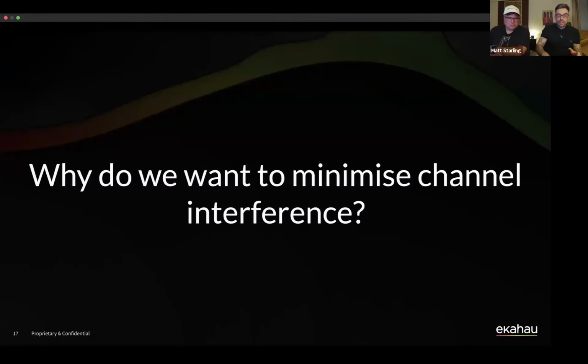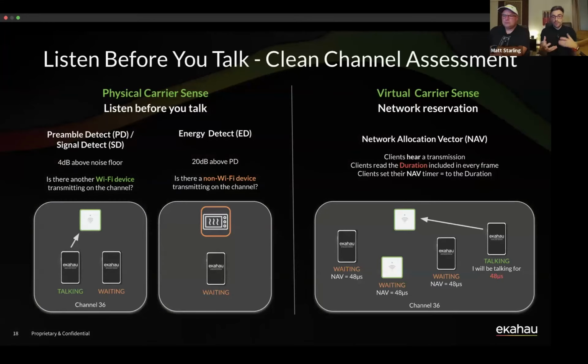And why we want to minimize the amount of channel interference as possible is because Wi-Fi is a very polite protocol. You might have heard that many times before in any Wi-Fi presentation, but that's just how Wi-Fi is. It's a listen before you talk medium. Your devices, your access point or your client devices, are going to check to make sure no one else is trying to occupy the same channel that you want to transmit on. If it's clear, then great, I will try and transmit my data to the destination.